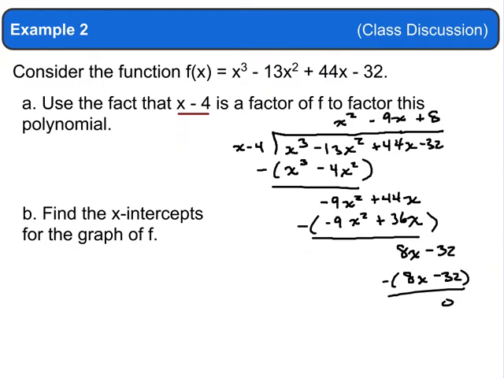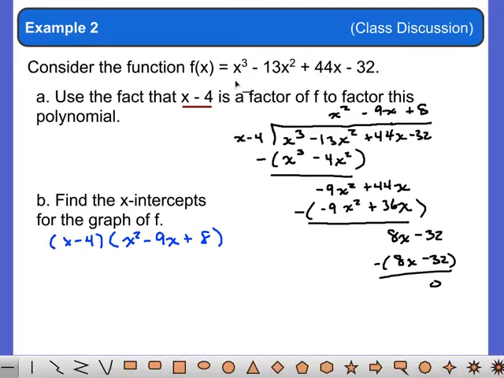So what do we conclude from that? That I end up with x minus 4 and an x squared minus 9x plus 8. Those two things multiply. They multiply to give us this function. So we're trying to reduce it and find the x-intercepts. So I can take this one